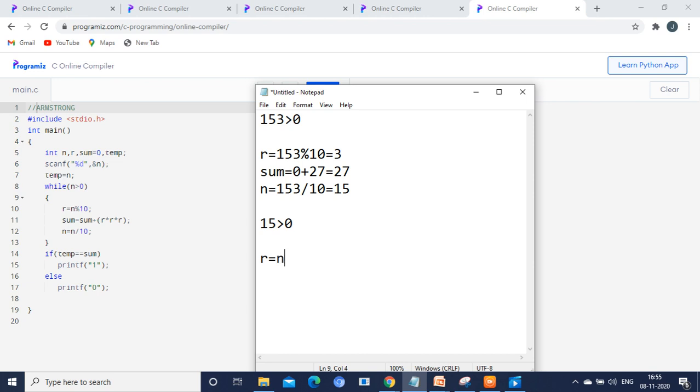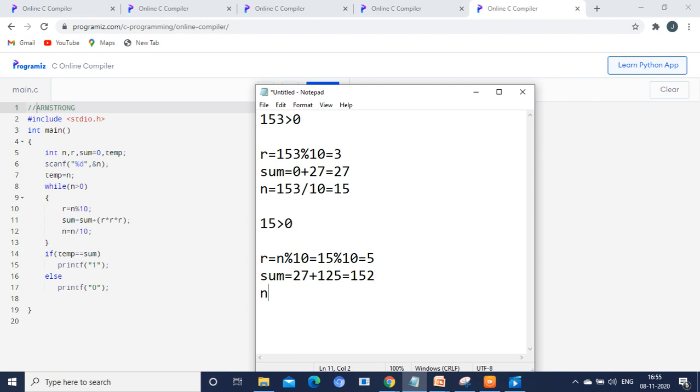So n modulo 10, previous n is 15. 15 modulo 10 in the sense it will return only the remainder. So it will have 5. Sum is equal to sum plus R cube. So previous sum is 27. 27 plus R cube here is 5 cube, 125, right? So you will have 152, right?